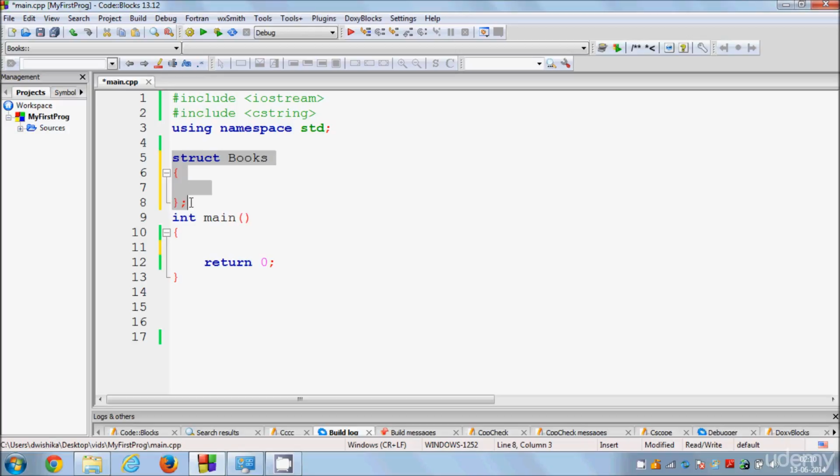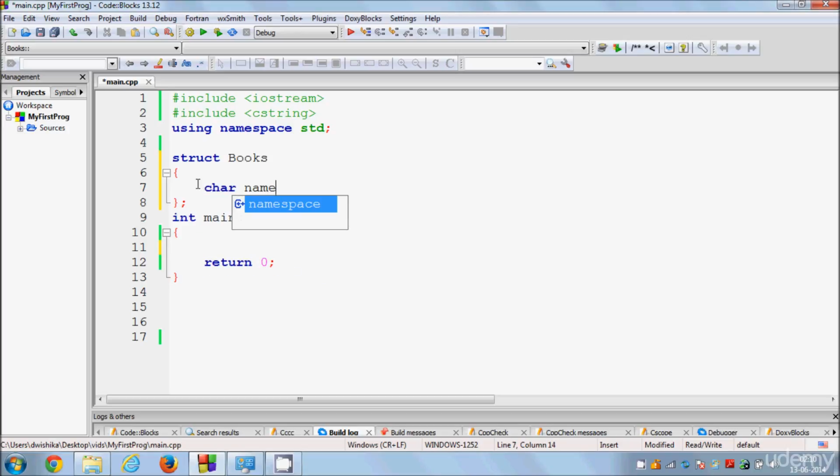Now this is the basic definition of structure, and inside the structure you can define the traits of the book. For example, a book has some name, a book can be written by some author, and a book has some ID. So you can define it like this: